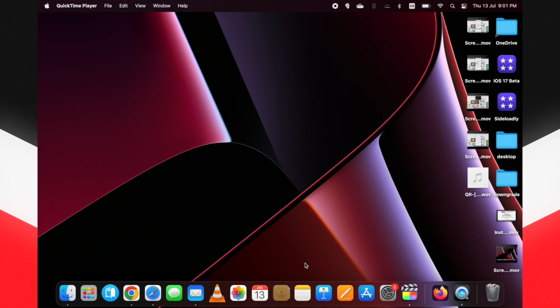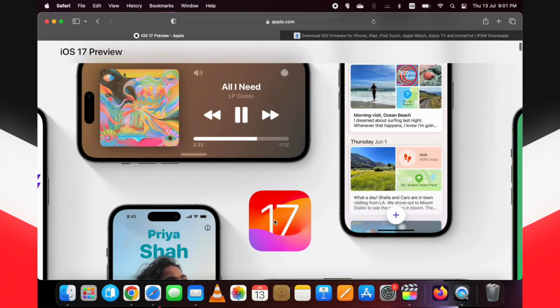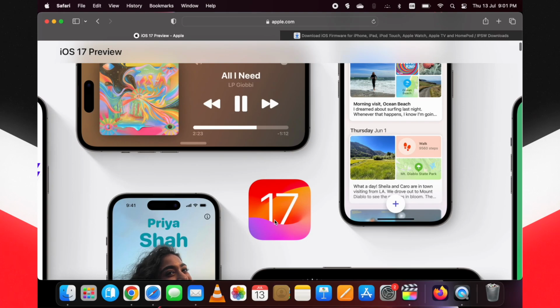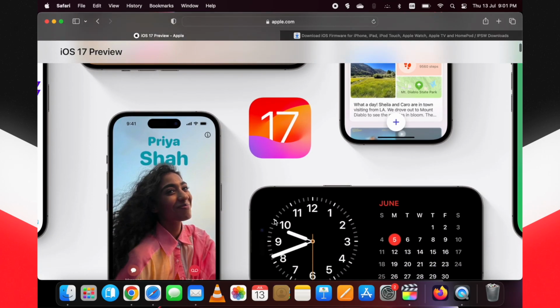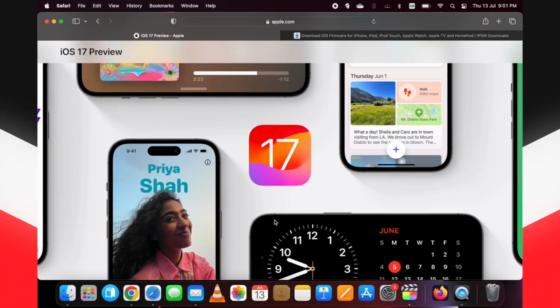Hi guys, Apple has released iOS 17 beta to public. Some of you might have installed iOS 17 beta, but now you want to downgrade iOS 17 public beta to iOS 16 without losing data for whatever reasons, like the device is lagging or malfunctioning. In this video, I am showing you how to downgrade iOS 17 public beta to iOS 16 without losing data